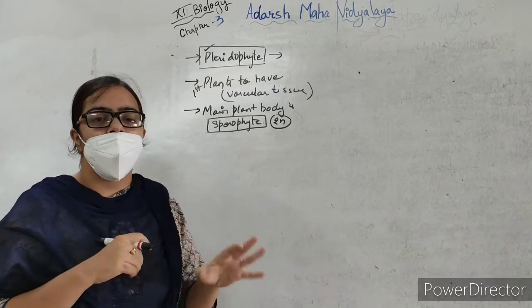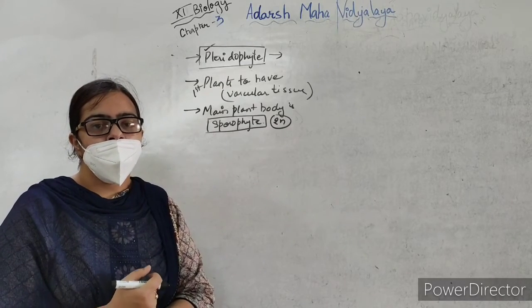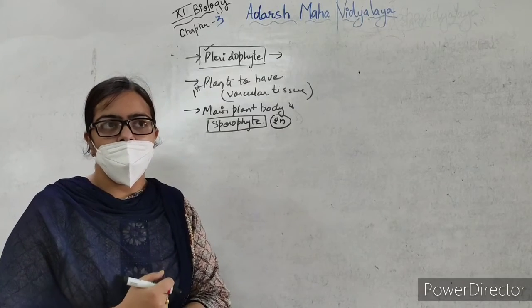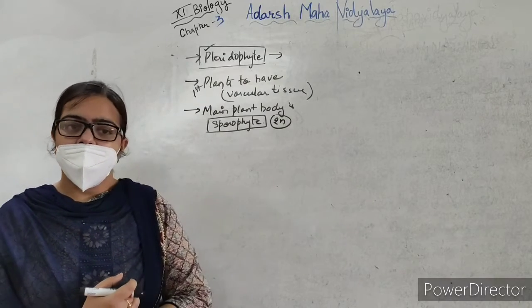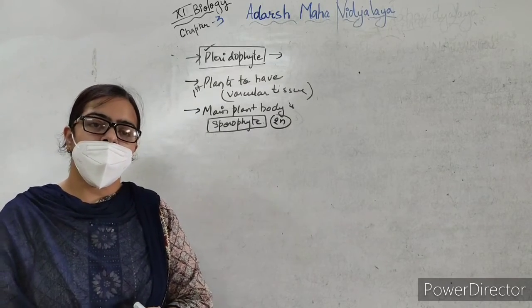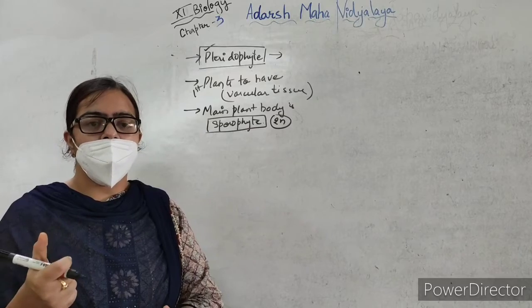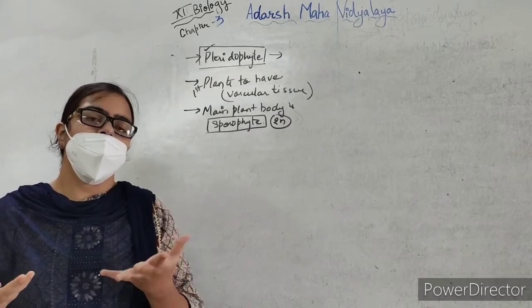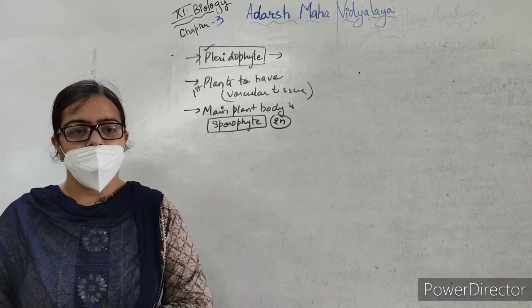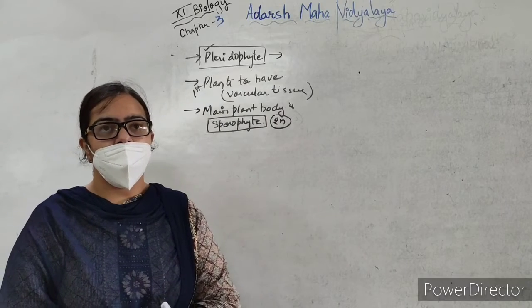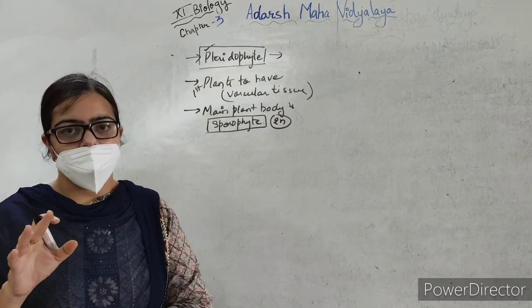Pteridophytes have a true differentiation into root, stem and leaf. The leaves in pteridophytes can be small, which are called microphylls, and they can be large, as in some cases, like in Selaginella, where large leaves called macrophylls are seen. Now the sporophyte will bear sporangia in which the spores will be produced.